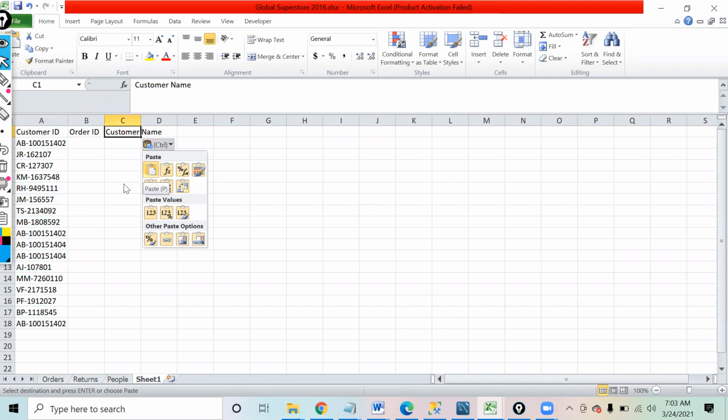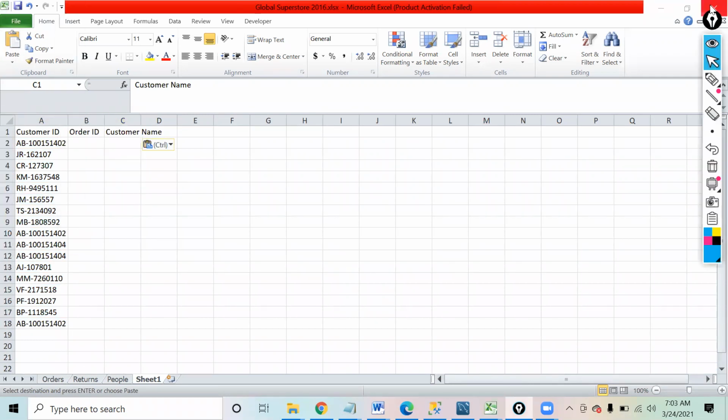You can all just create this small data set at your end. We have the customer IDs, and based on these customer IDs, what we need to do is fetch the order ID that they purchased and the name of the customer.